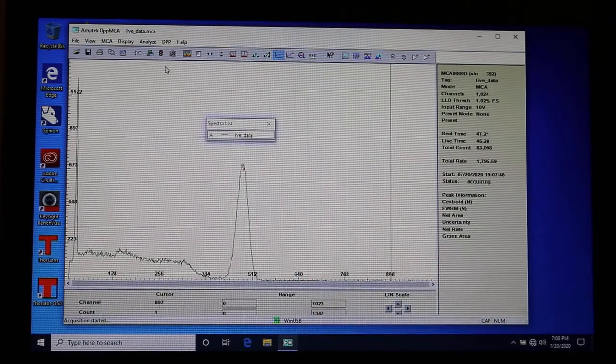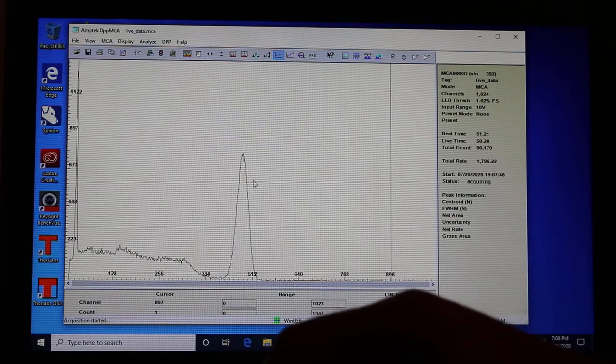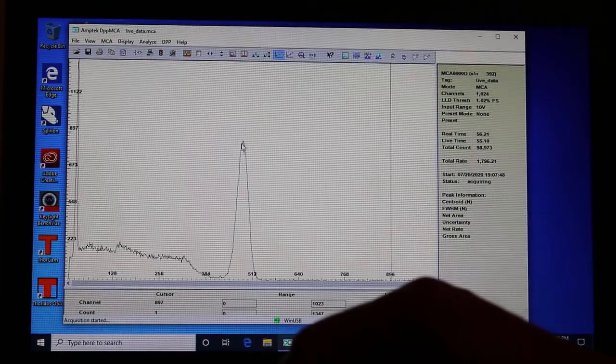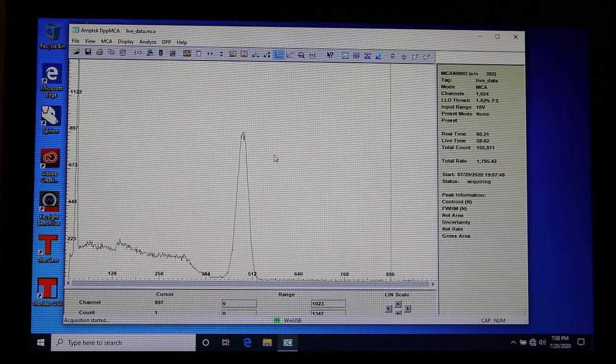So the question was, how long do you let it run? Well, you let it run until some of these features sort of smoothen themselves out. And at the moment, we're just calibrating, and so I'm not too worried about it. I think it's very clear where the center of this peak is right here. And so we're going to stop here in just a couple of seconds, and I'll save it